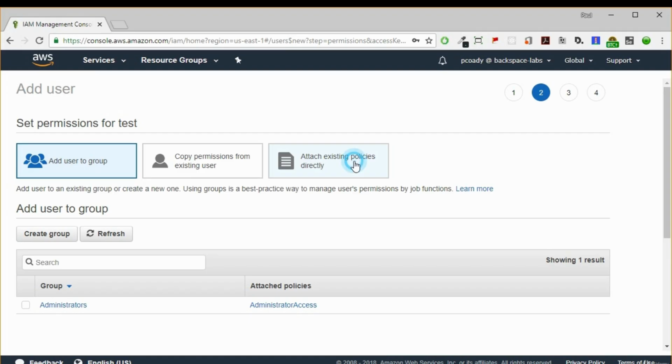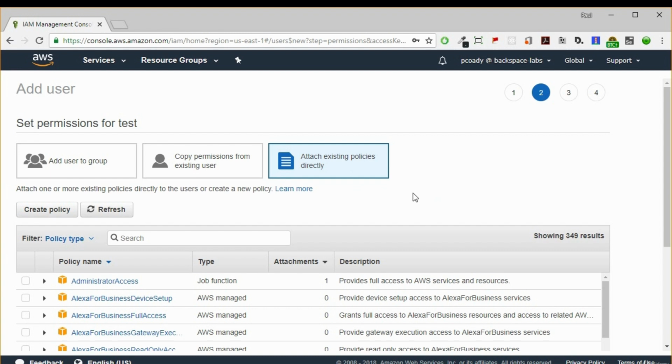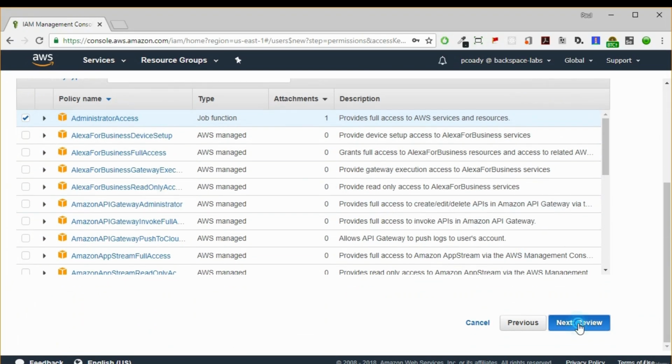If we click on that, we can select Administrator Access, which provides full access to AWS services and resources, but does not include financial and secure account management. So we can attach that policy to this user.